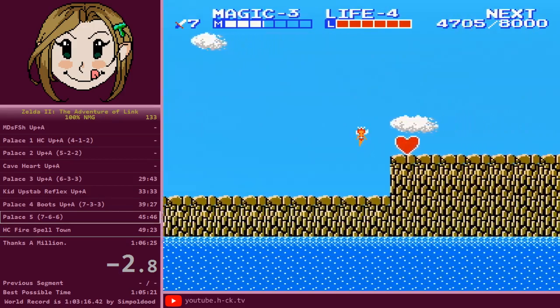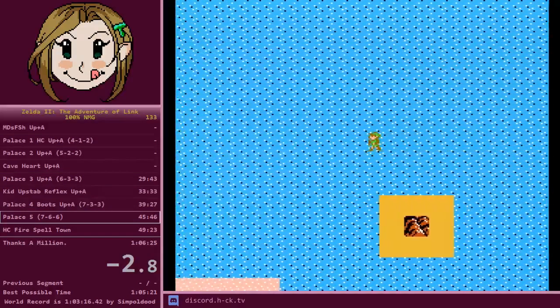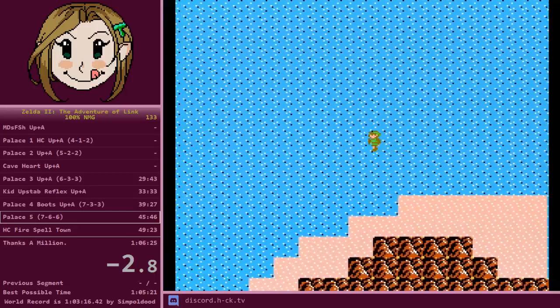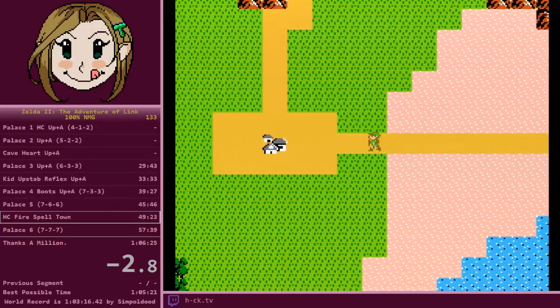If you're below 5,000, you should be good. I was at like 4,800 when I left, so still good. Or 4,800 when I grabbed the heart container. So it's pretty tight to do that, but then you get the nice level up here in